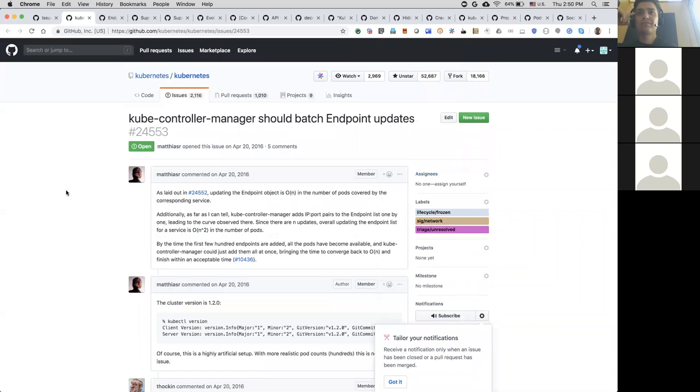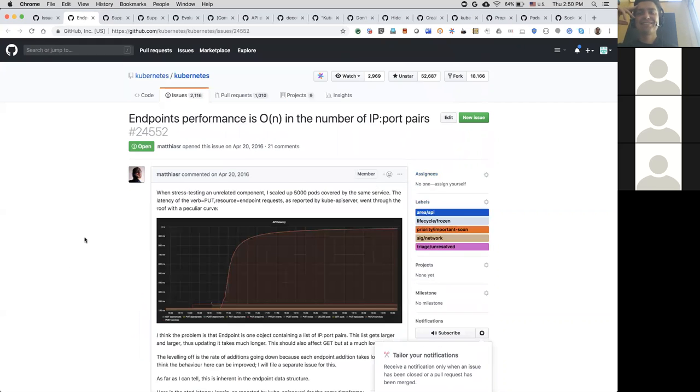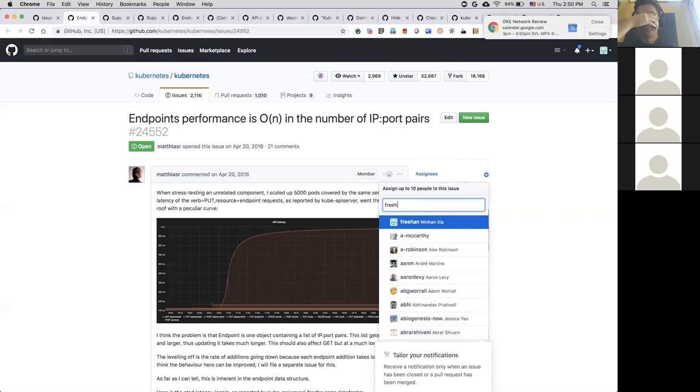All right. Okay. Kube controller manager should batch endpoint updates. Hey, I think you should just take this as part of endpoint slice and get rid of it. Yep. All right. And get rid of the purple. Okay. All right. Cool. Next. Oh, there's another one. Take all of these. Okay.